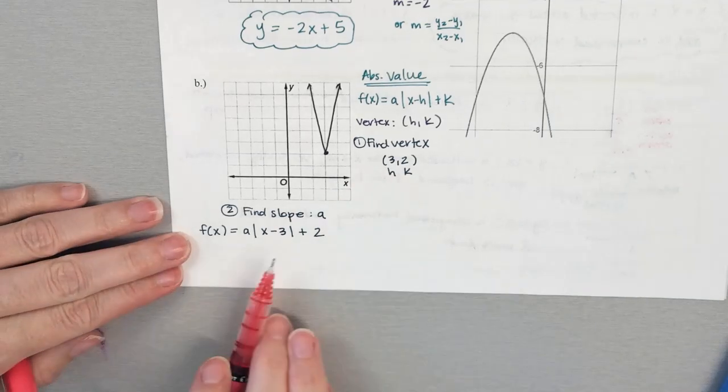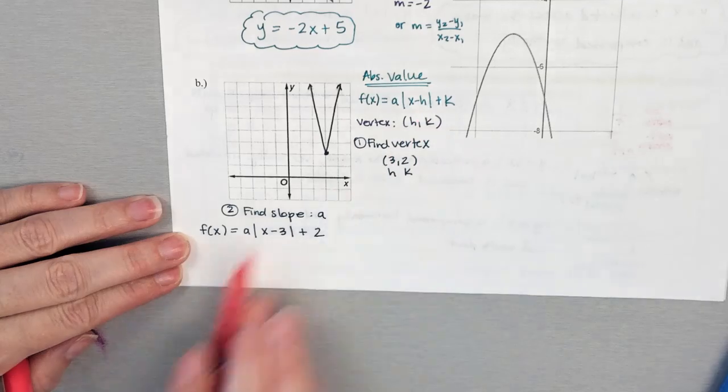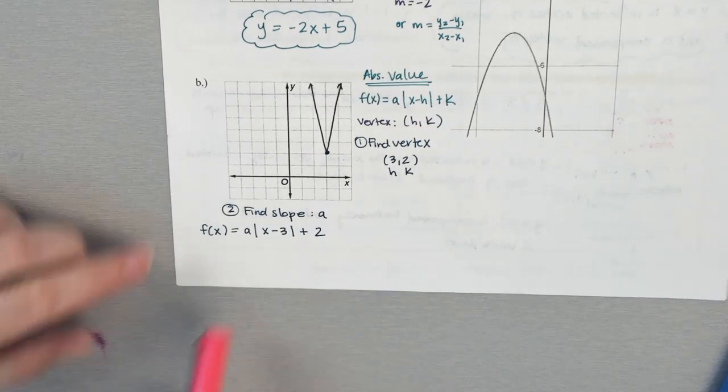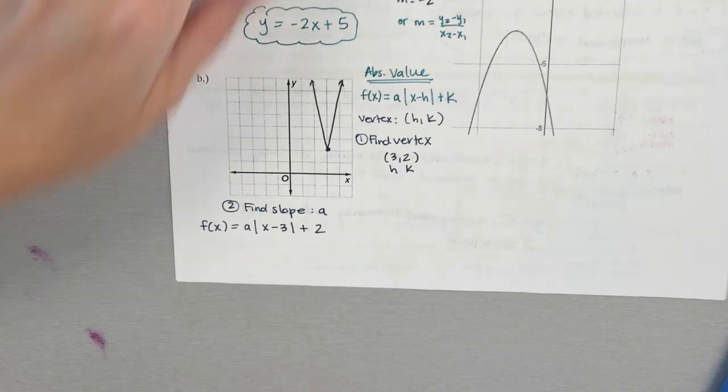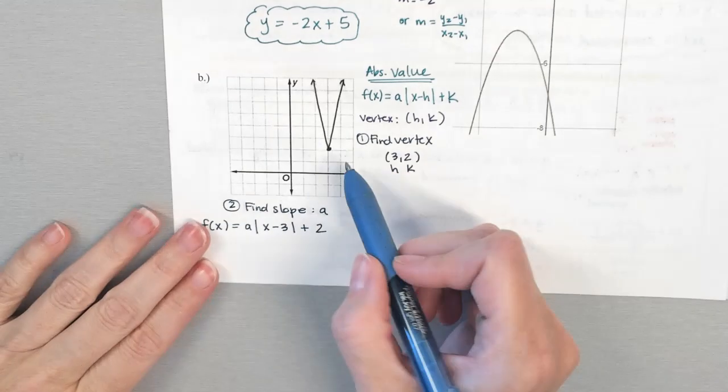Okay, so the H I plugged in, so it's x minus 3, x minus H. The plus K will be plus 2. And then if I want to find A, the slope, you can just do the rise over run again. And if you look at this,